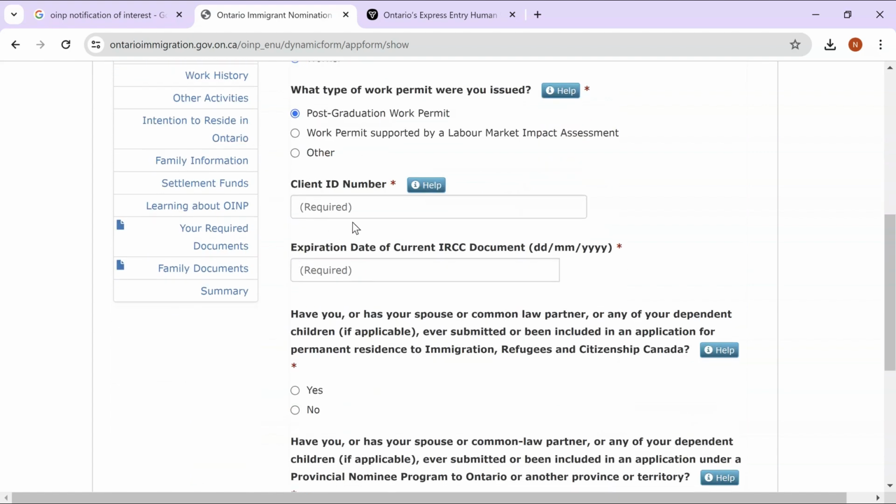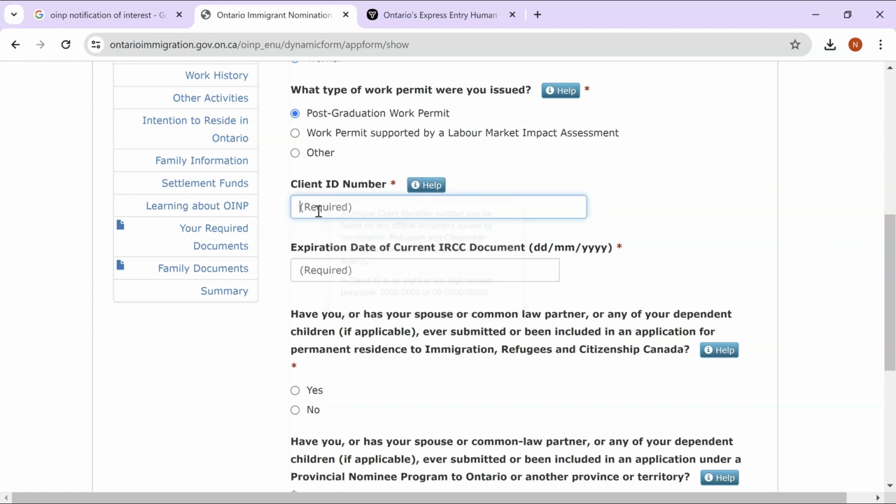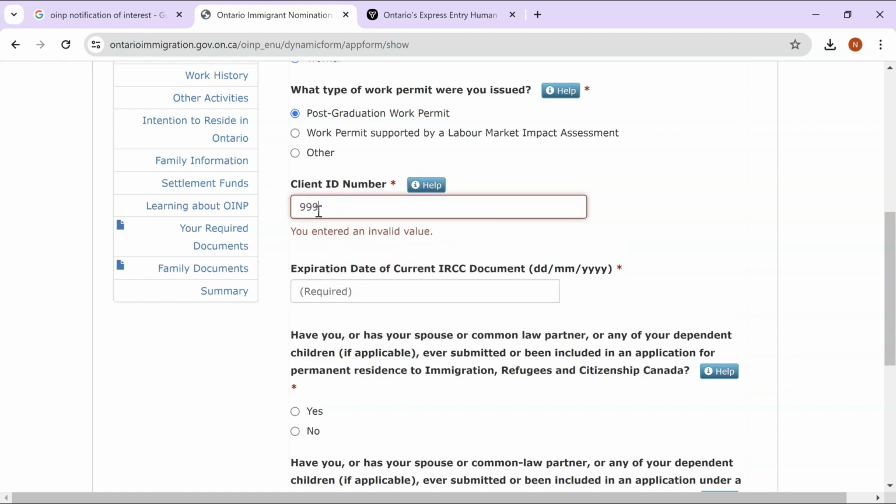Then it will ask for your client ID number. This number is an 8 digit or a 10 digit number. It can be found on the IRCC letter that was issued to you when you were given that work permit. On top of that, you will find a UCI number, so you can enter that number over here. And once you enter that number,